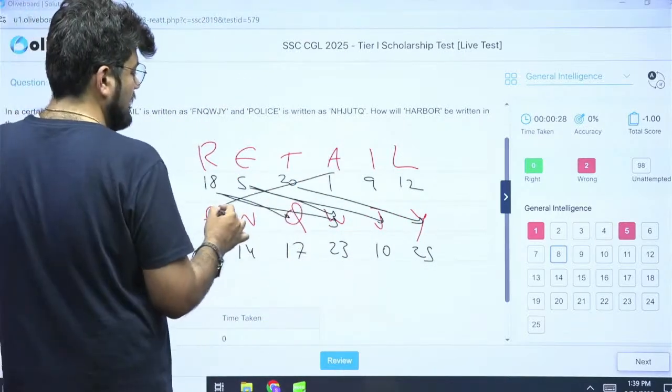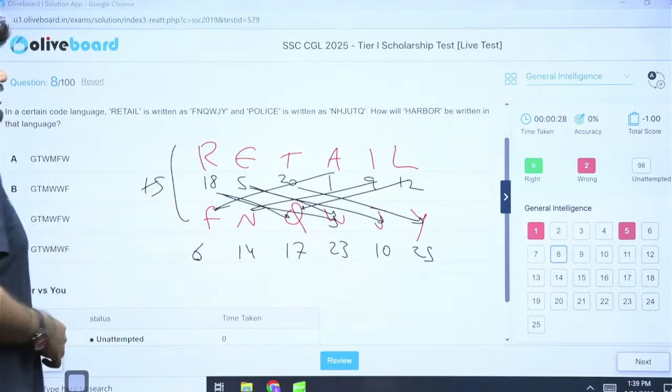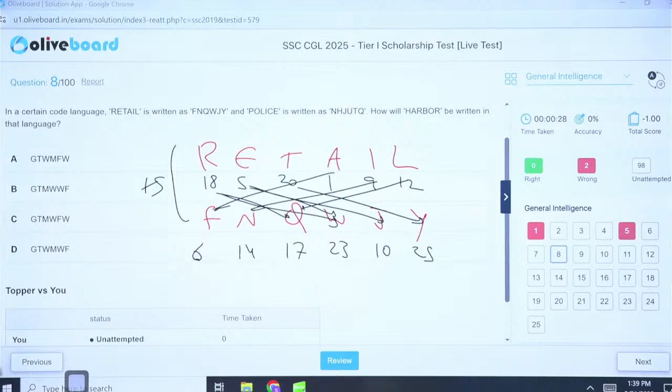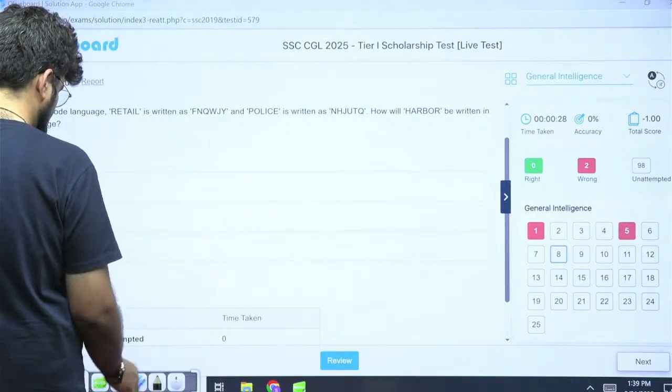Similarly, 1 will come here, 9 will come here, and 12 will come here. They are all being increased by plus 5. This is the logic which is being followed. Apply the same logic in harbor. So whenever we see harbor,